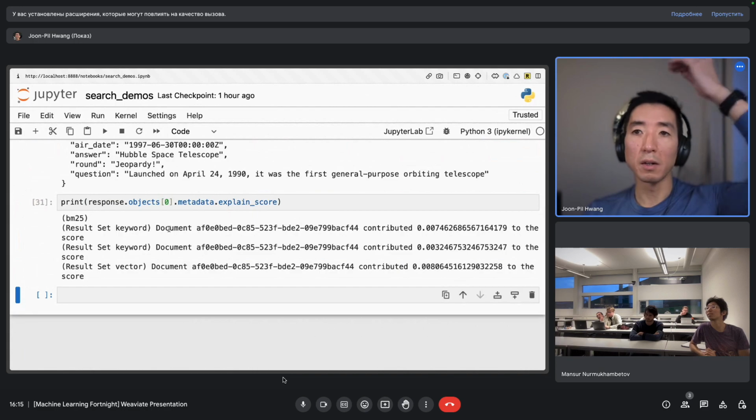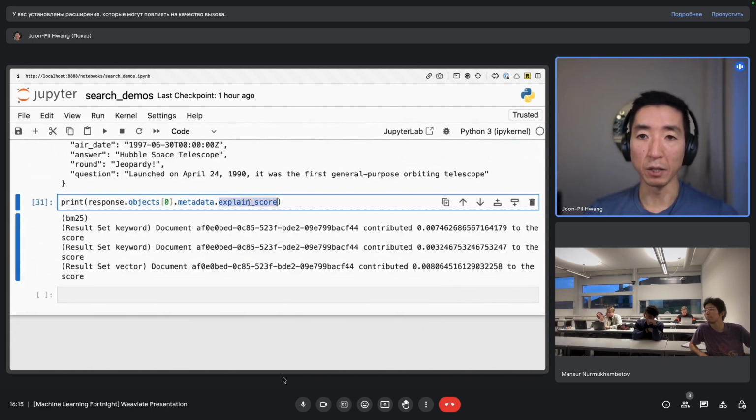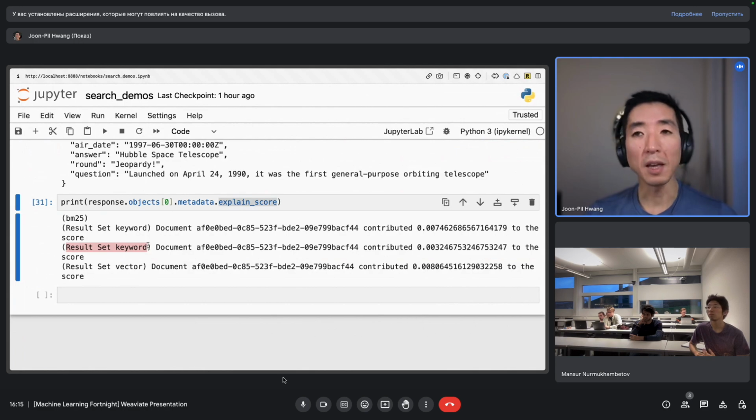If I look at the first result and look at this explain score, now we're working on cleaning this up a little bit because the results aren't clear, but you can see there are components of it that come from the vector search as well as the keyword search that contribute to the overall score of the result. And that's what determines the entire ranking.